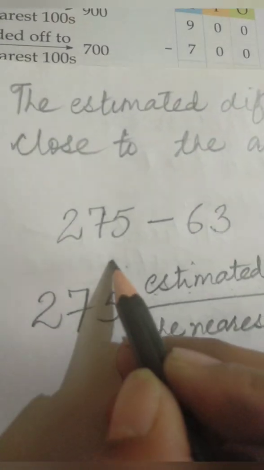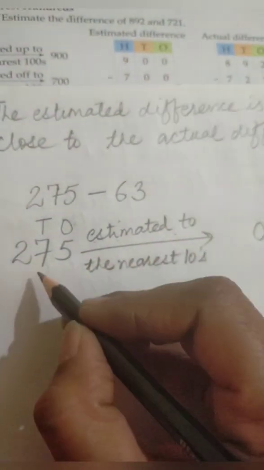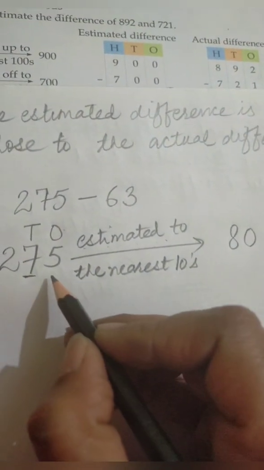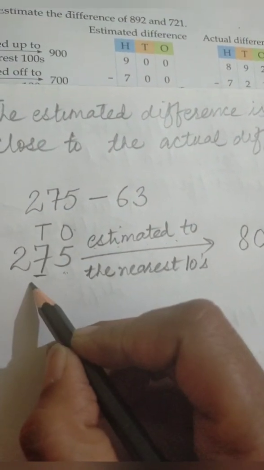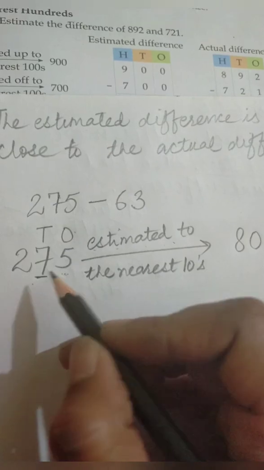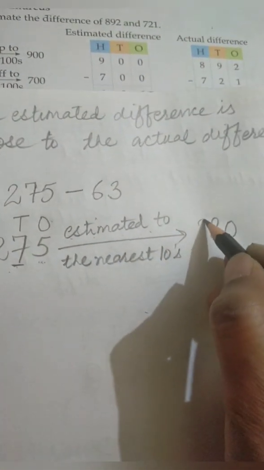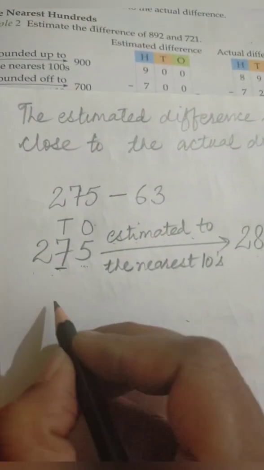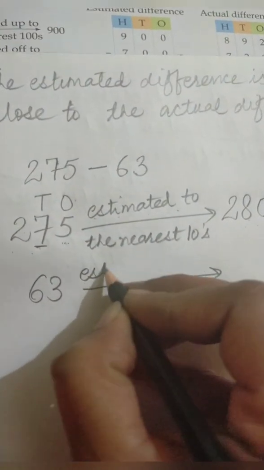Okay. Now here, to the nearest tens, we will write the places up to tens. Now ones place will be 0, and the tens place will be next. Why? Because the ones place is 5. If the ones place is 5 or more than 5, then the tens place has to become next. So in the same way, ones place is 5, so the tens place will be next. And here there is no role of this digit, so it will be written as it is. Here we got 280.